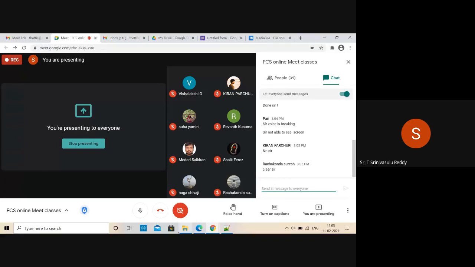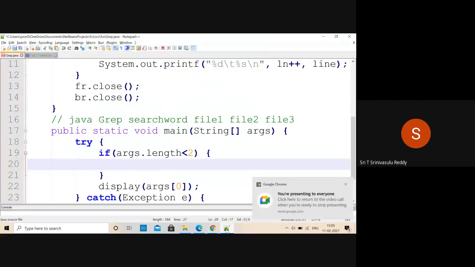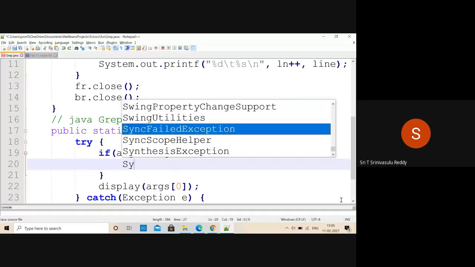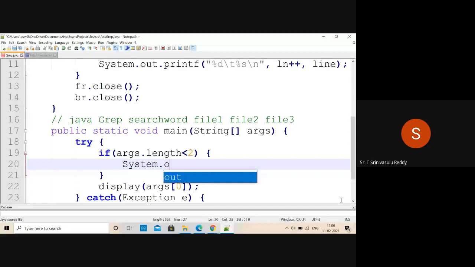Okay, so anyhow, coming back to this now. First verify whether the user is using the command properly or not. If args.length is less than 2, that means the user is not using the command properly. Then the normal practice is to display the usage part of it, how to use this command.